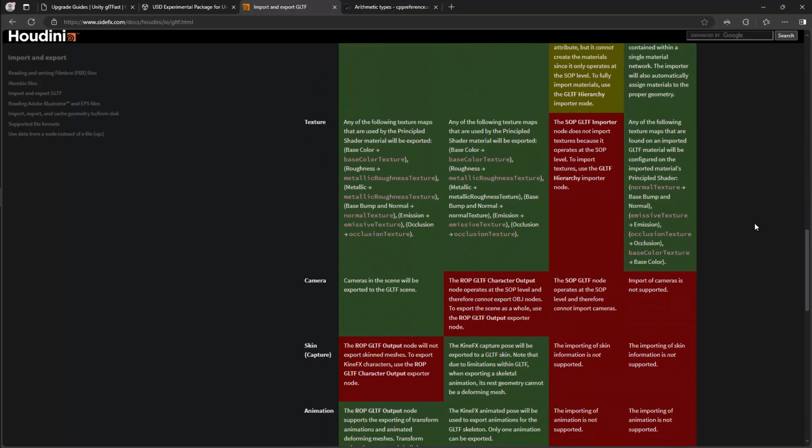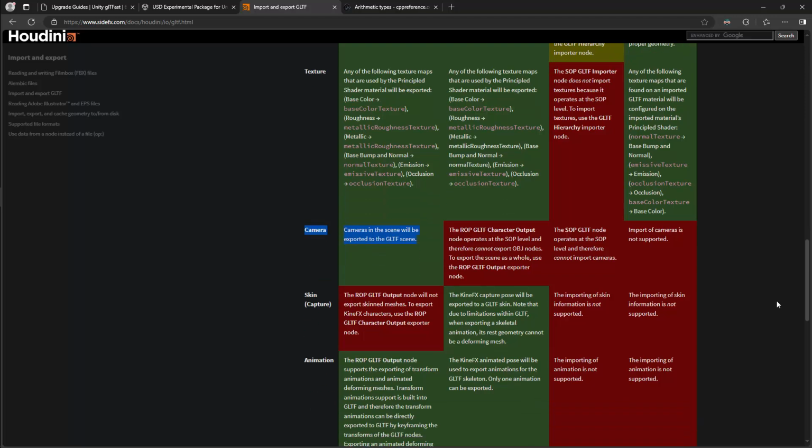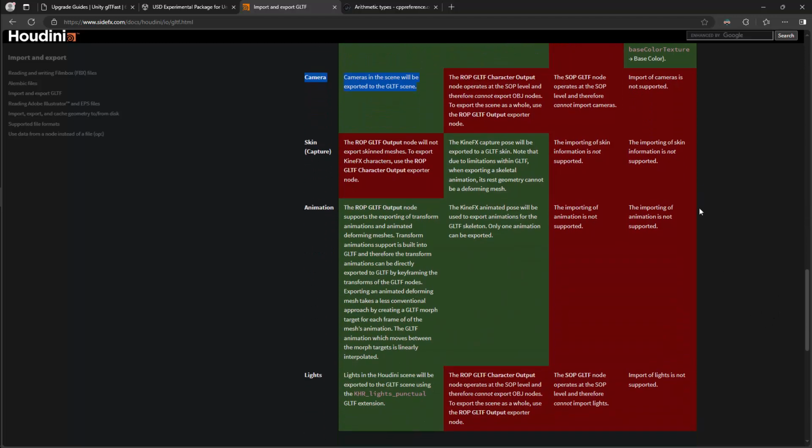We'll also not be able to import cameras. These of course are inconveniences, but they're not major issues. The real issue here is that we cannot import skinned animation. We can also not import animation in general. So this is what I mean when I say that glTF is useful for an export format and not for an import format. One of the main reasons for using glTF is that the format is open, but it's also